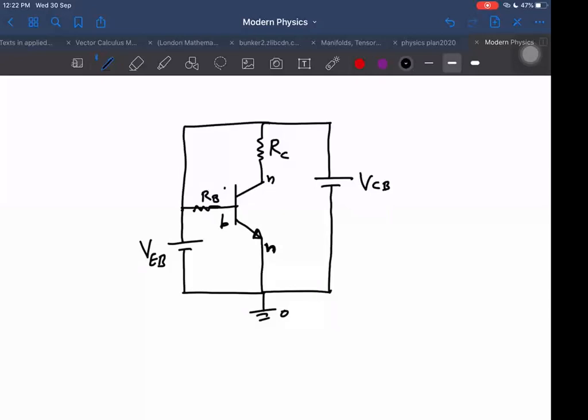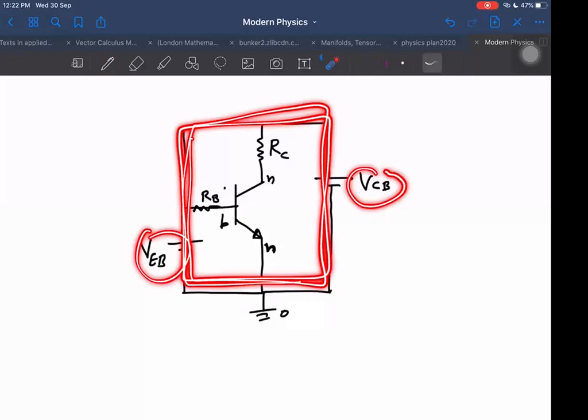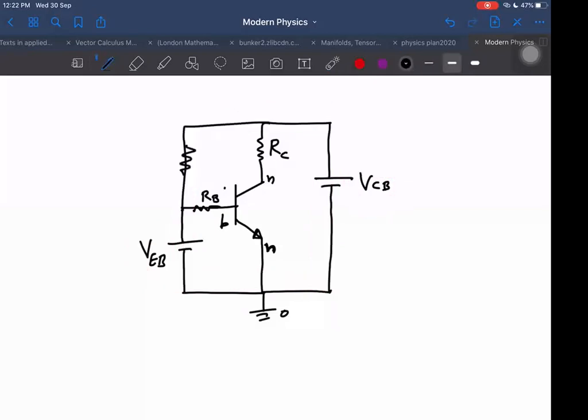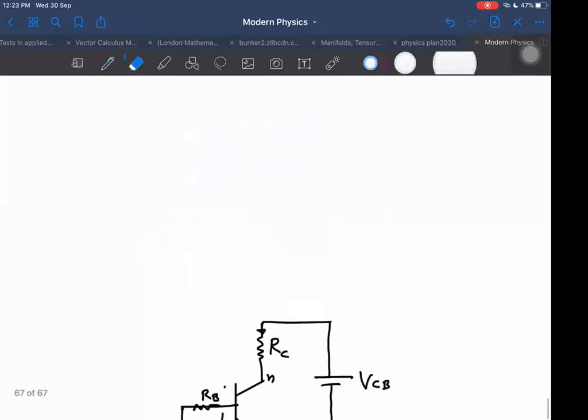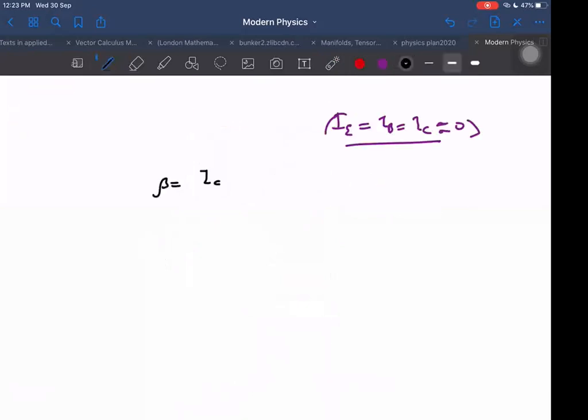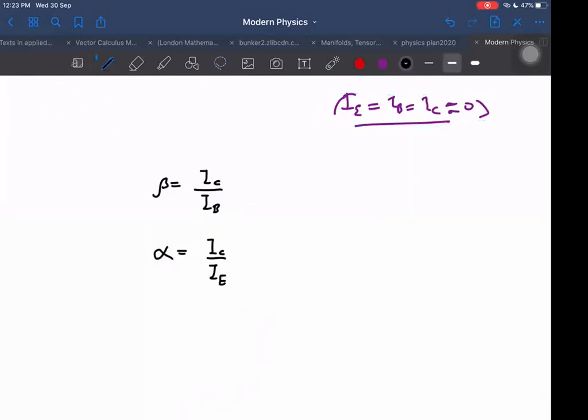See this circuit, VEB is there, VC, finite current, so I should not do that. But I can do one thing. Then I can connect it. That way also we can connect. And I'm asking you, what is the name beta? Beta is actually IC, the output current, upon the input current. One we call as alpha, both are current gains.